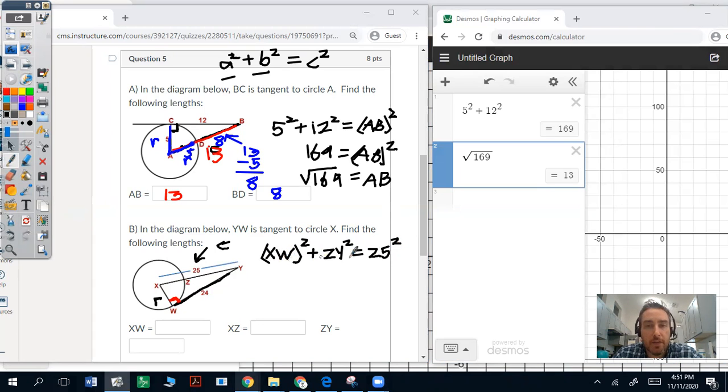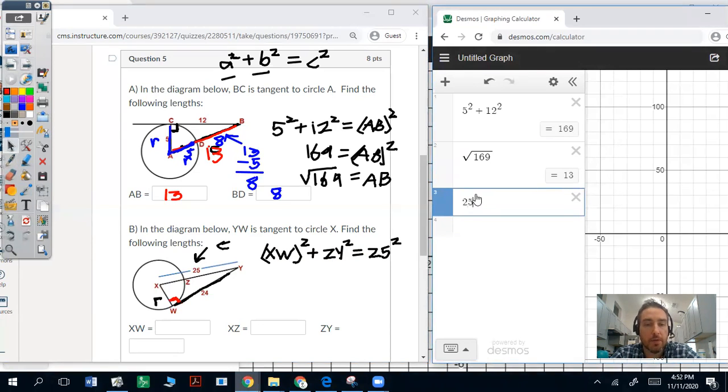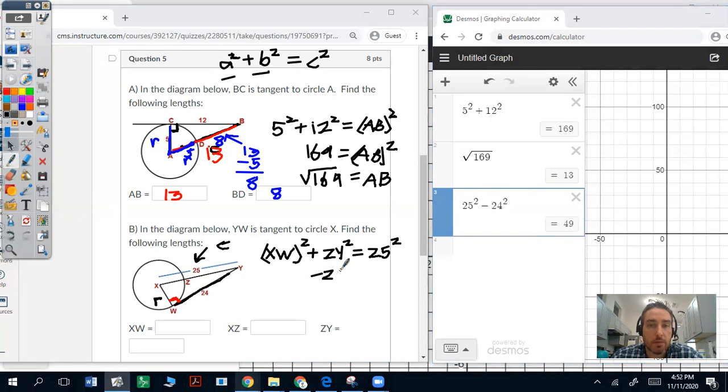So in this case, I can't add these together. What I have to do is subtract the 24 squared from the 25 squared. So in here, I'll do 25 squared minus 24 squared, since I want to get this subtracted out. So that's going to give me XW squared is 49. So again, we're going to subtract the 24 squared from the 25 squared. So XW squared